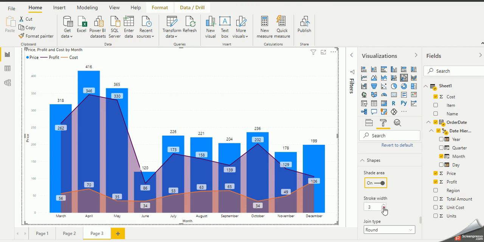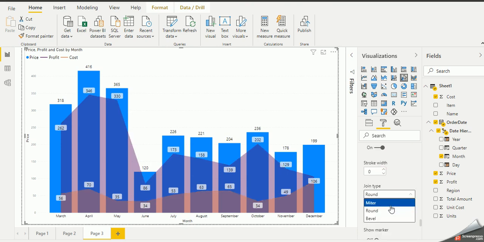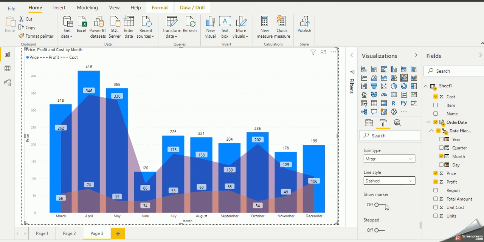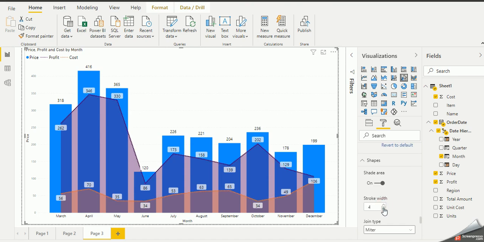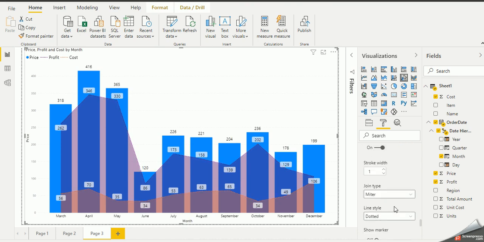Stroke width, you can make it less or more high, but I think that is good, then we can mark it lesser. Okay, so we can show it as a solid dash color or solid dotted color. If I change the stroke width, then you can see. Otherwise, if you want this, you can use it.